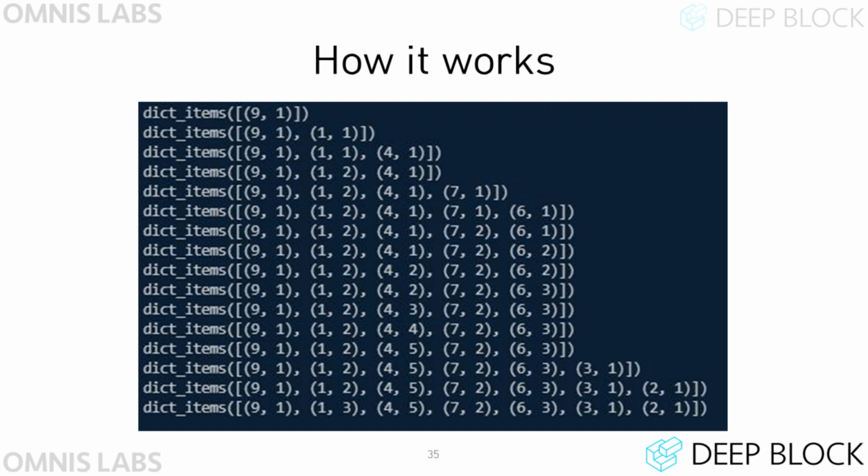Now, the last digit of num becomes 4, so the remainder becomes 4. 4 is added as the key of returnDict, and 1 is stored as the value corresponding to the key. Again, the quotient of num divided by 10 is stored in num, and the iteration continues.